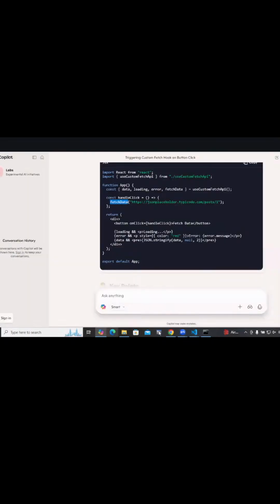But if it is binding on the page, it is coming. Now our expectation is to do some small modification.